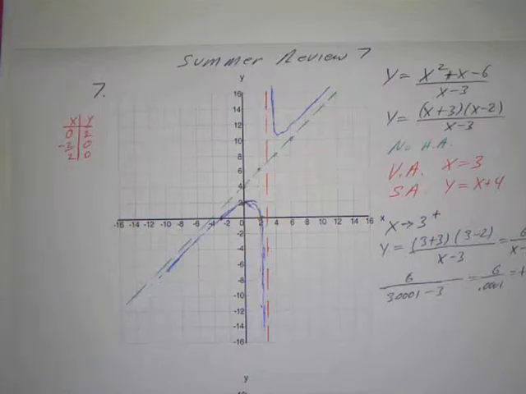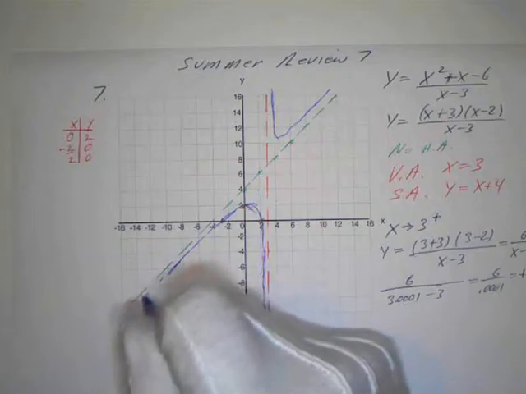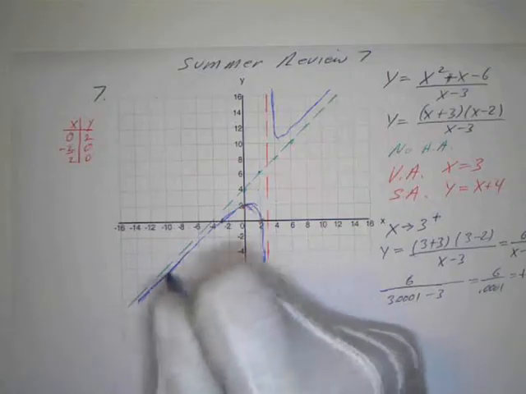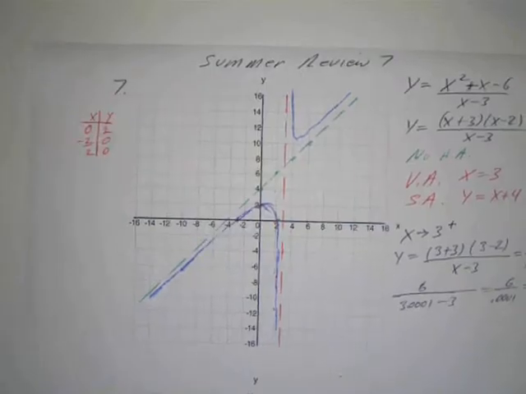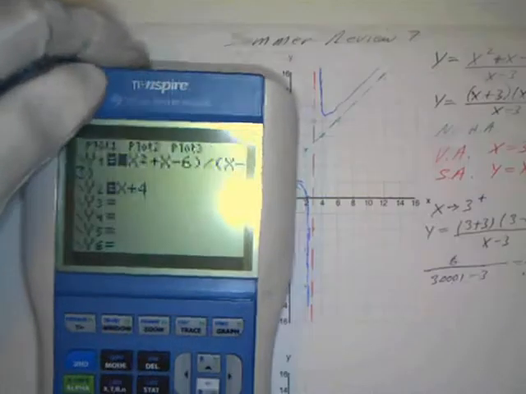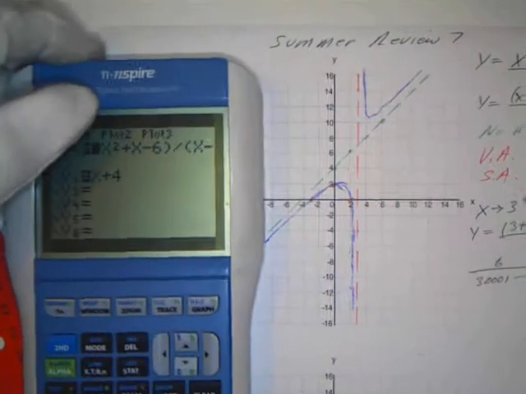And let's see what we got here. So again, when you draw these, make sure they're approaching the asymptote, not moving away. That's a no-no. So I think that's a little bit better. Okay. So let's graph this. Sorry, I already put it in my calculator to save a little time